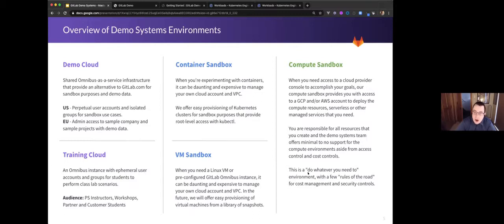So if you see gitlabdemo.com, that's our management infrastructure, and gitlabdemo.cloud as a domain name, or the FQDN, is what's going on for the demo cloud itself, right? So that's where that comes from. The training cloud is something that right now is using the demo cloud infrastructure, and what we're doing is